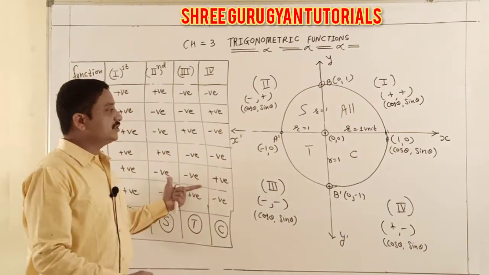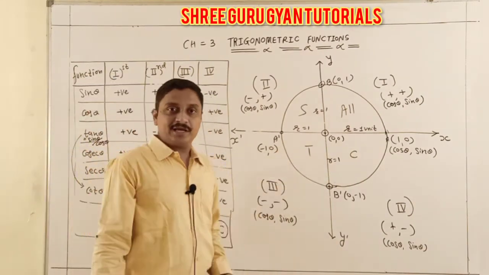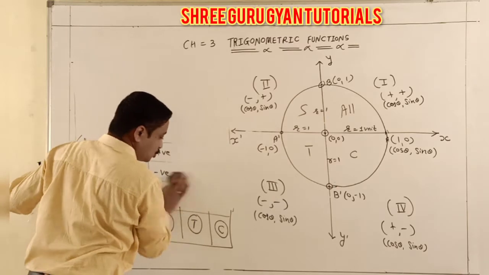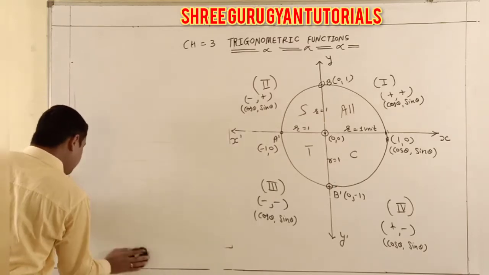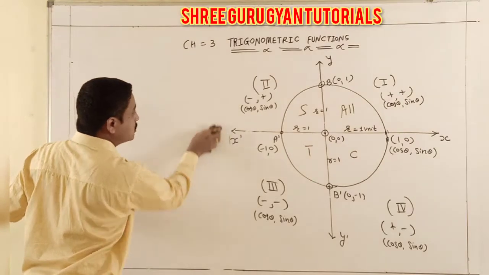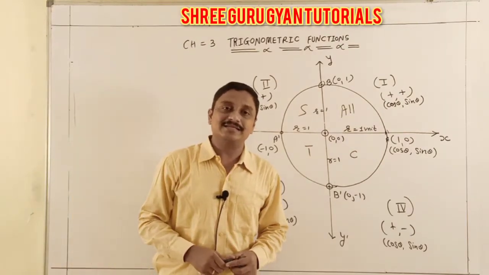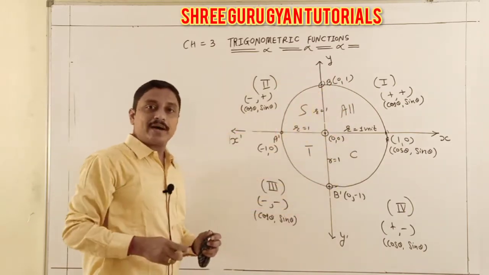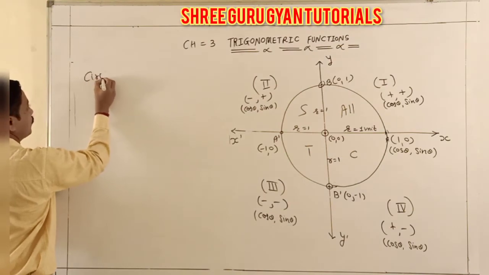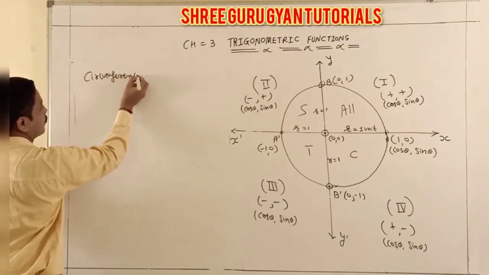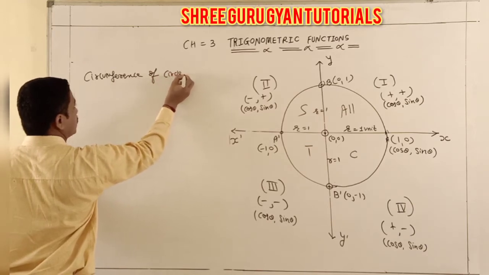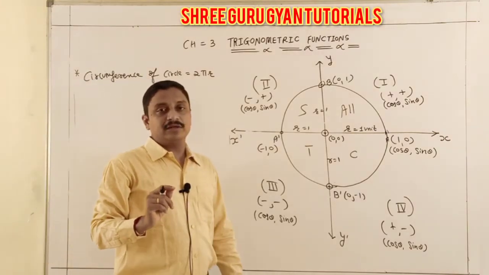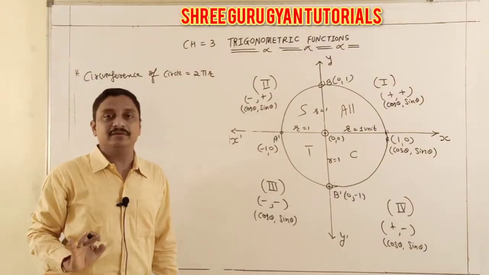Now I am going to point number 2, related to our circle. Students, after finishing this All Sin Tan Cos, after school to college, I am going to degree measure and radian measure. First of all, students, can you think about the circumference of a circle? What is the circumference of a circle? Yes, it is 2 pi r. Students, now I explain a new point. After finishing one table, now I go to degree measure and radian measure.